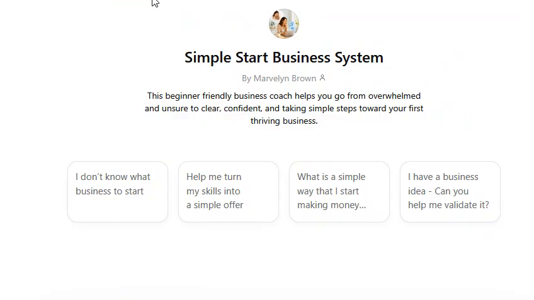The link to the GPT and the instructions are in the guide, so make sure that you download that guide. Then you're going to be able to use this GPT to get a framework for your business in a matter of minutes,